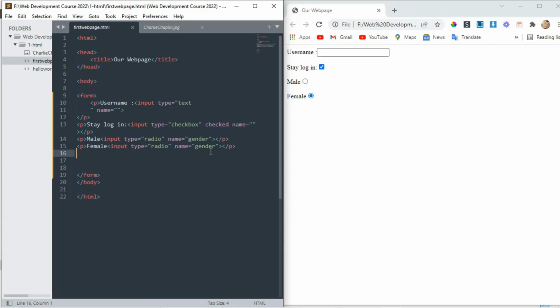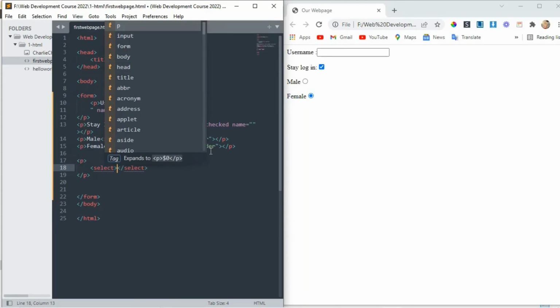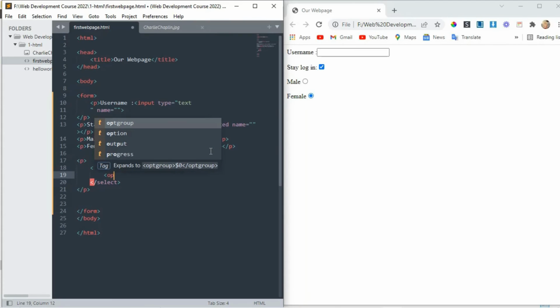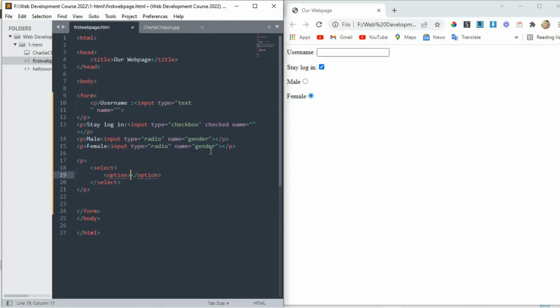Now the next one I talk about is the select tag. Select tag is used for a drop down menu. So I write in a p tag, because paragraph tags are best to manage the input tags. So in the p tag I write a simple select tag, and in the select tag I write the option tag, in which we set the options we want in the drop down menu. So in a paragraph tag, I write here favorite